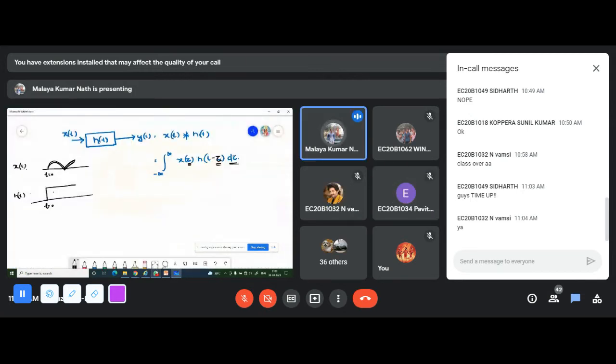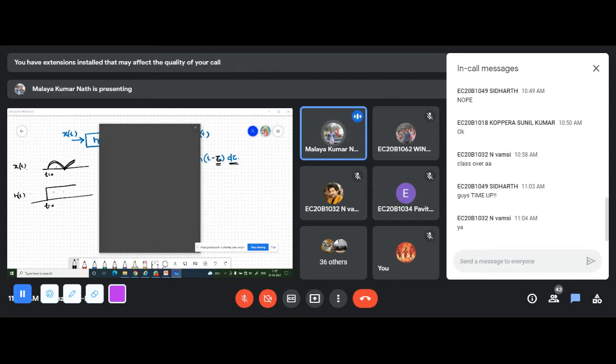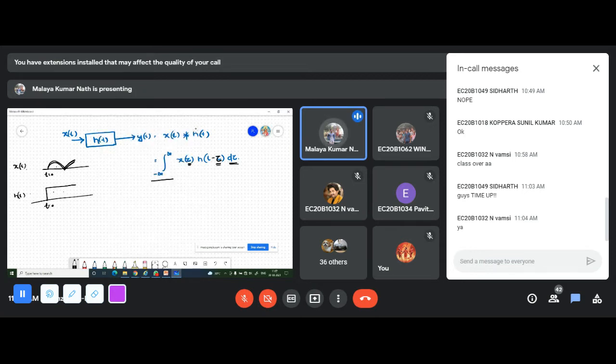Yeah, fine. So this is my input signal, x of t. This is my h of t, which starts from t equal to 0. Now I have to perform the convolution of this signal with this signal. So what do I have to do? We have to look at the expression. Our expression is the integral of x of tau h of t minus tau d tau. Assume that t is equal to 0. If t is equal to 0, then this expression becomes the integration from minus infinity to infinity of x of tau into h of minus tau d tau.